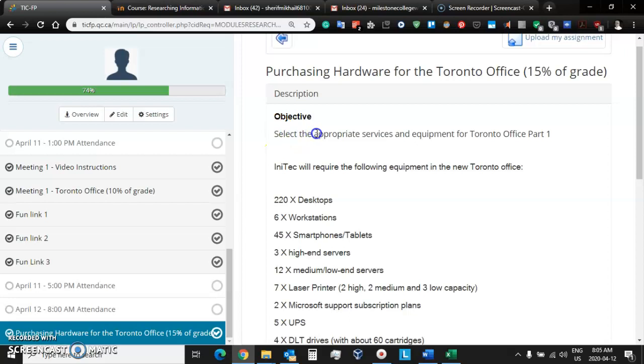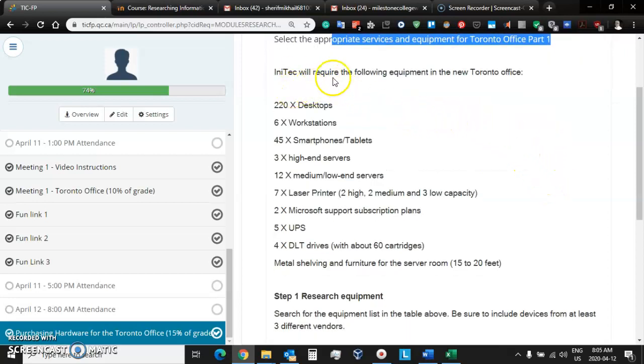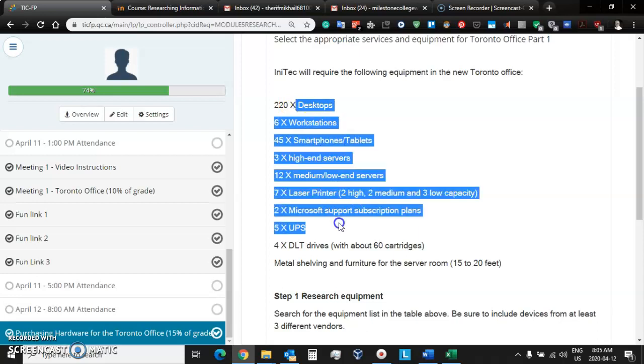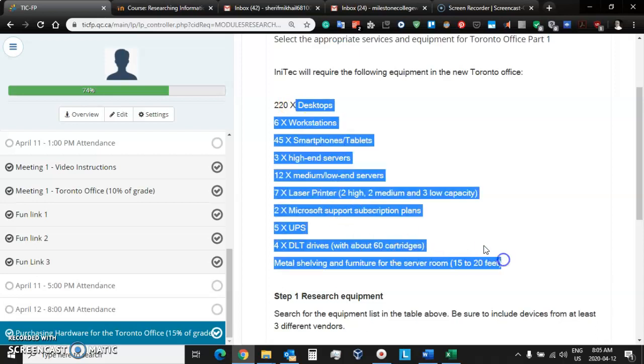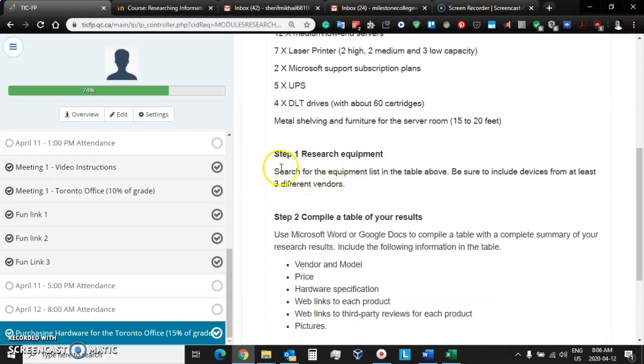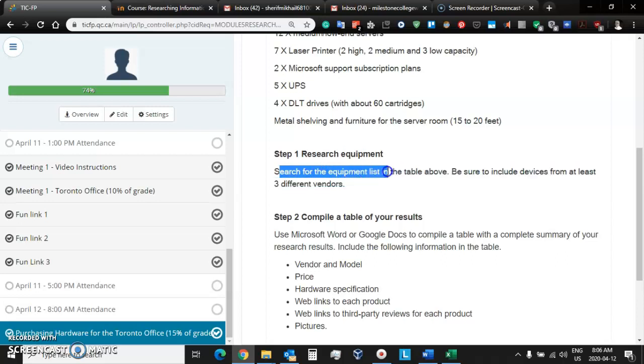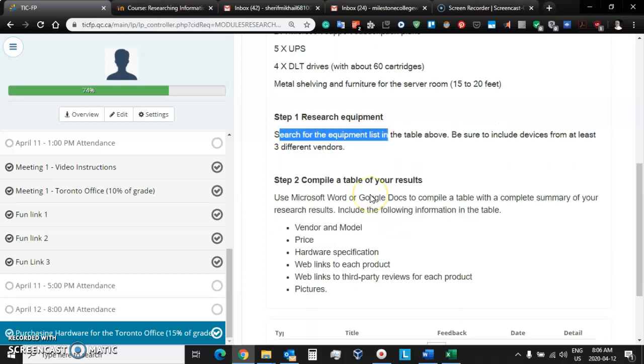So our objective here is to select the appropriate equipment for the Toronto office. Okay, so here is a list of equipment that we're going to need. It's quite a long list, and actually it's a partial list. When you're opening up a new office, you need to purchase more than that. So what we need to do today is search for this list of equipment, and we need